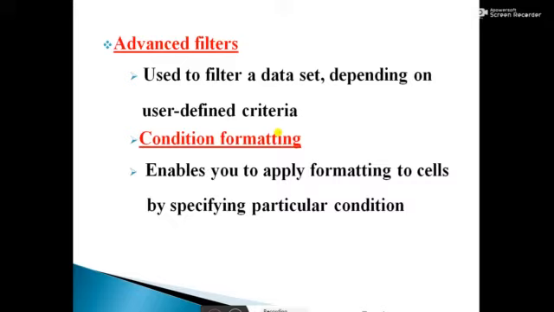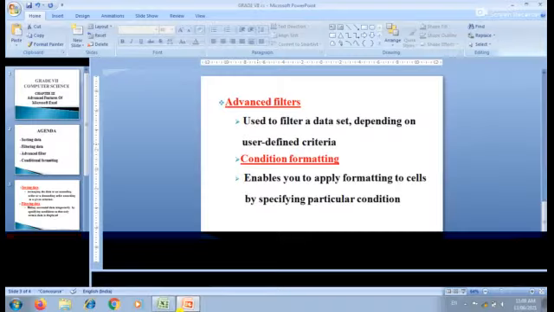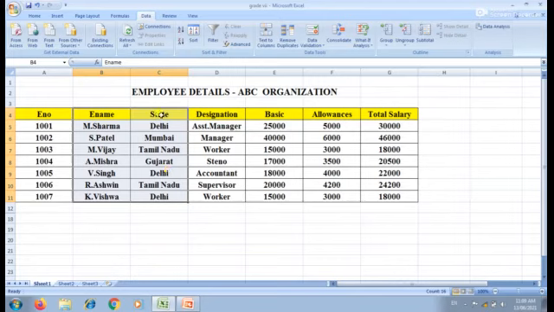Okay. Let me see. I will tell the example. With the help of the example, I will explain. Consider the Excel worksheet. With the help of the same example, I am going to explain the concept of advanced filter. Here, I will tell before what I am going to do.